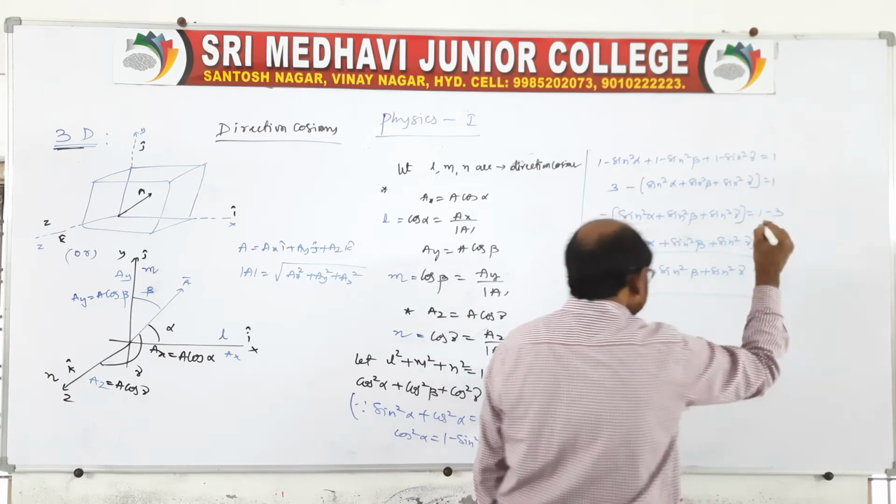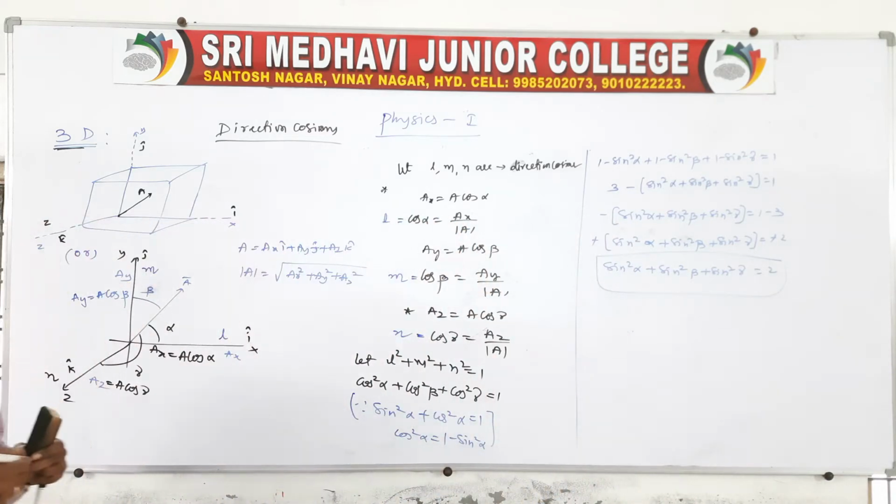See, this is the way we should approach in case of a 3-dimensional plane. In case of 3 dimensions, the vector can be resolved into 3 components. So one is along the x-axis, which we can say Ax is equal to A cos alpha, and along the y-axis Ay is equal to A cos beta, and along the z-axis we can say Az is equal to A cos gamma. This is the resolution in case of a 3-dimensional plane, right? Yeah, you go through this. This is the direction cosines relation.